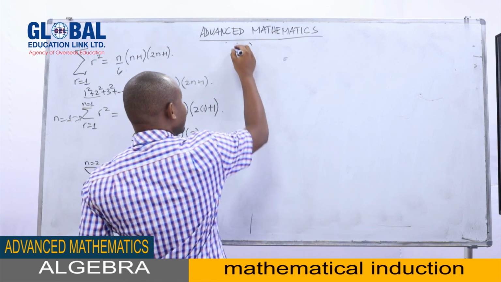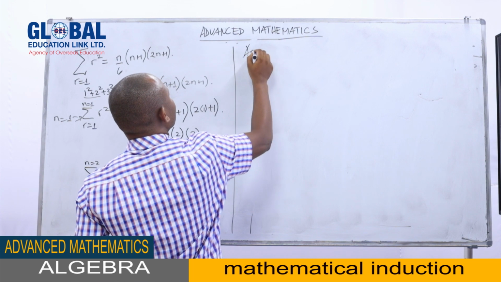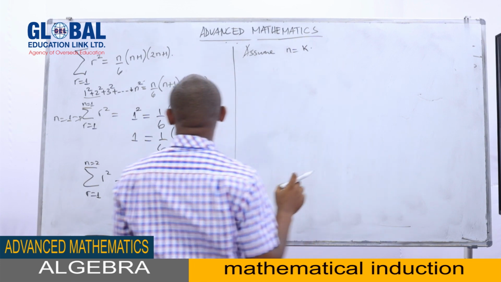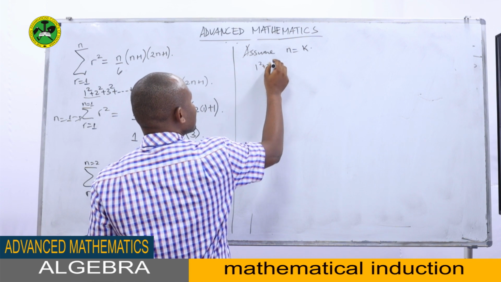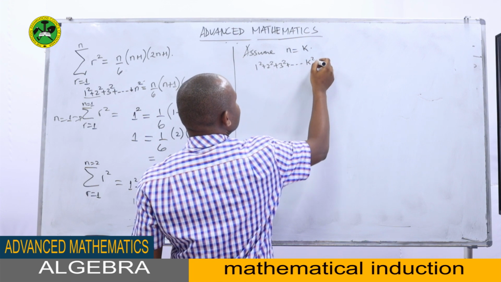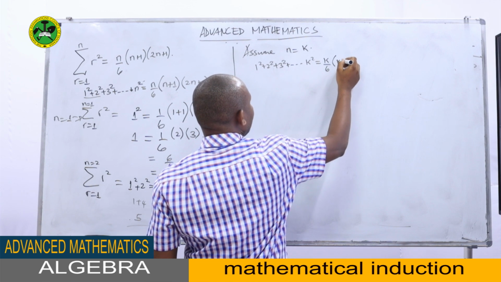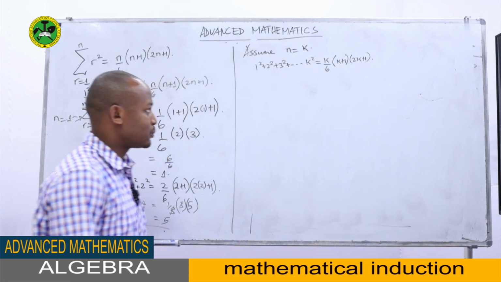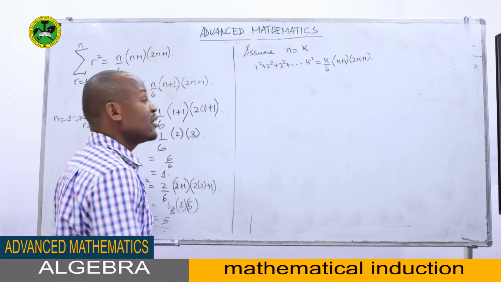Now, let's prove those next few steps. Let's assume it is true when n is equal to k. When n is equal to k, we have 1 square plus 2 square plus 3 square plus down to k square equals to k over 6, k plus 1, and then 2k plus 1. In other books, as I said earlier, they call this the hypothesis. And what we are required to do is